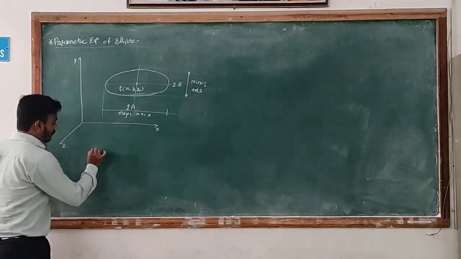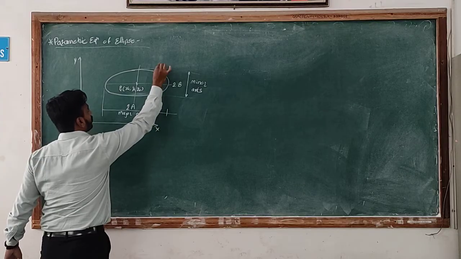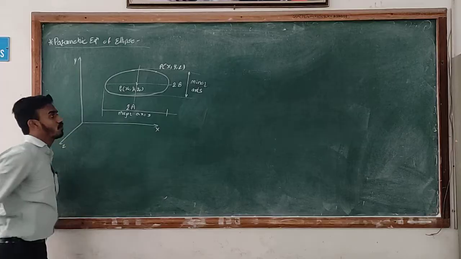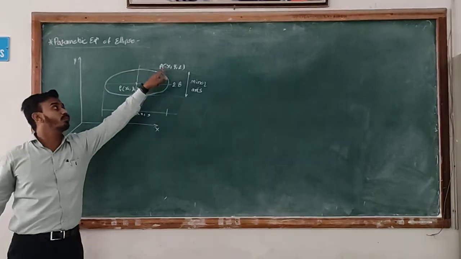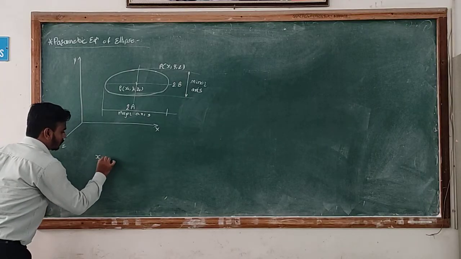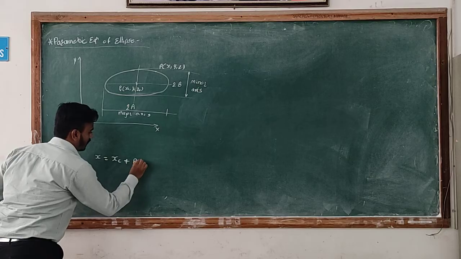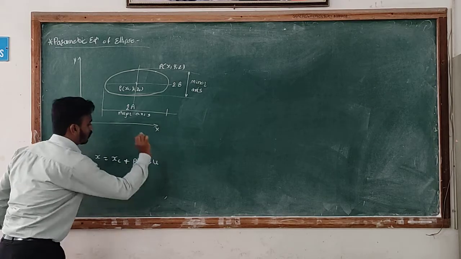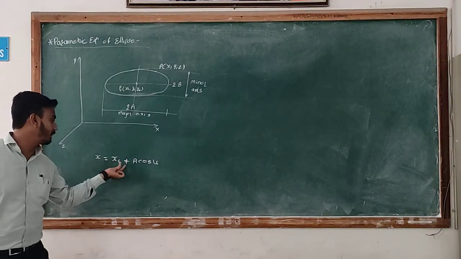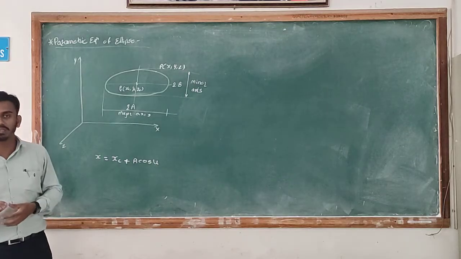So, what is the equation of the ellipse? Suppose I consider a point P here, having the coordinates x, y, z. So, what are the coordinates of this point x, y, z? x is equal to xc plus a into cos of u, where a is the semi-major axis of the ellipse,